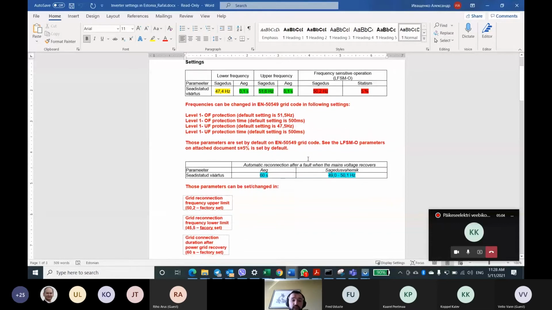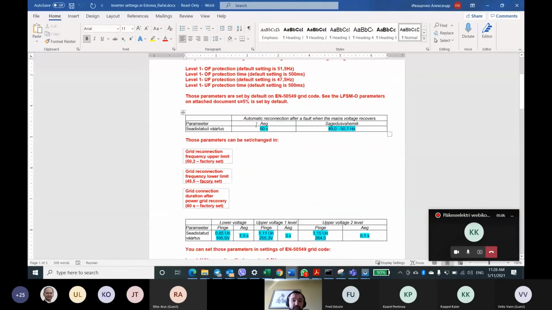So the next requirement is the limit of frequency. So it's a range of frequency when the inverter will connect to the grid. Every morning, the inverter checks the grid parameters, and before startup, it checks if the parameters of the grid are within these values.